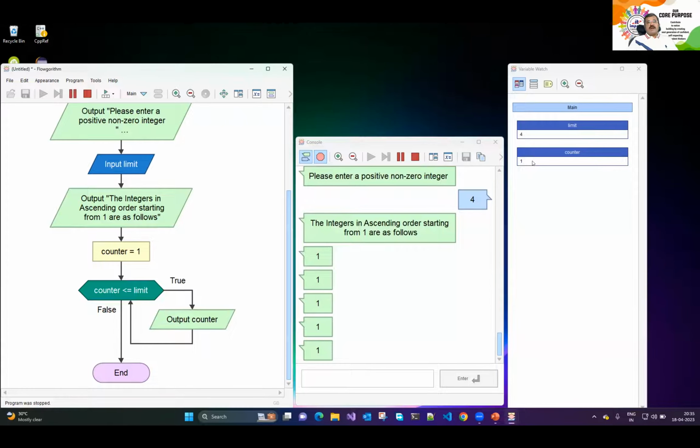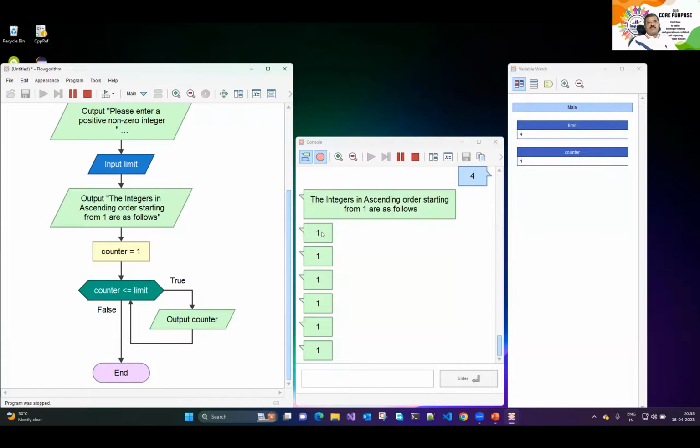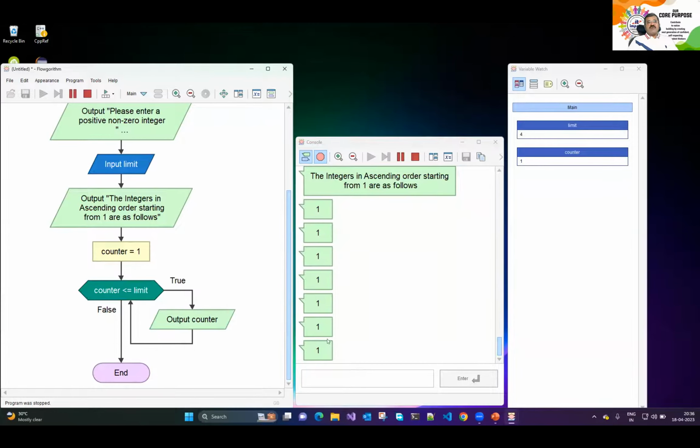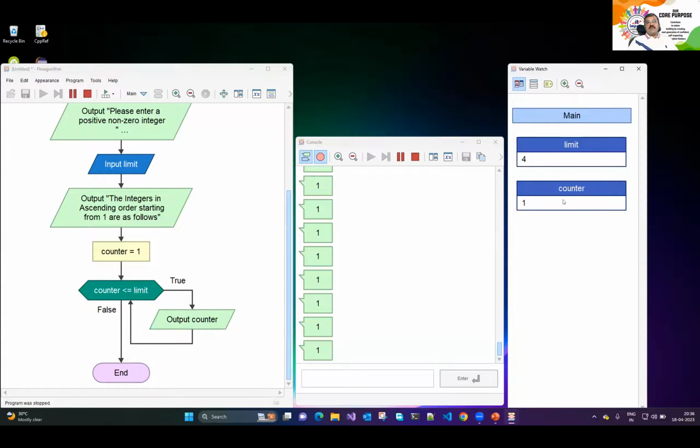Let's see how. Watch. Here it has printed only the value of counter as 1, 1, 1, 1, 1, and it goes on infinitely. It is not getting terminated. Look at the memory over here. There are two variables: one is limit, another is counter. So we are checking, is counter less than or equal to limit? Is 1 less than or equal to 4? True. So it is going inside, printing the value of counter that is 1, again going back and checking is counter